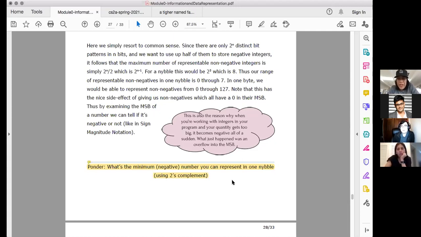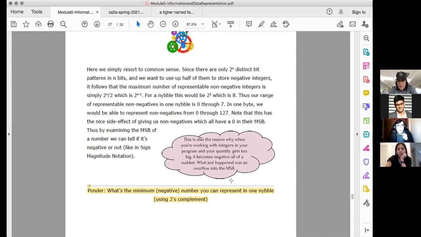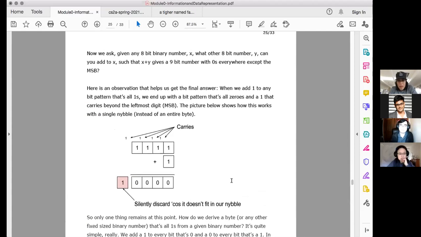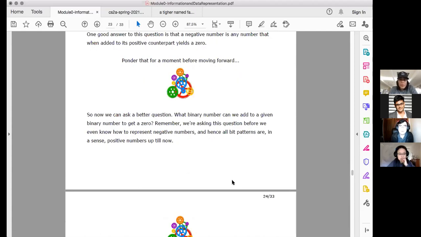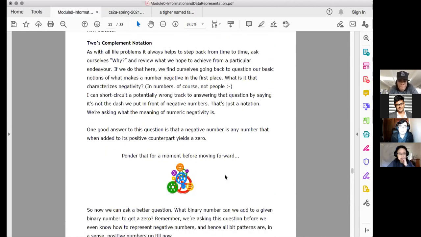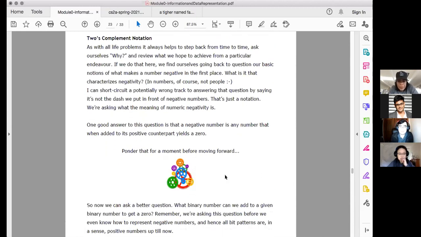Yeah, can we go over an example of how to do 2's complement? Well, I mean, mod 0 is right there. Scroll down. I got a cough. 2's complement. I think it's on the top somewhere. Okay, yeah, might be. 2's complement notation. Actually, I should have it open on my side as well.